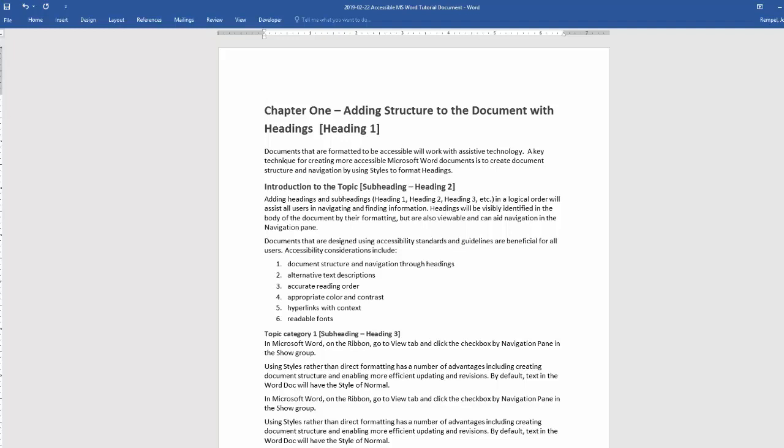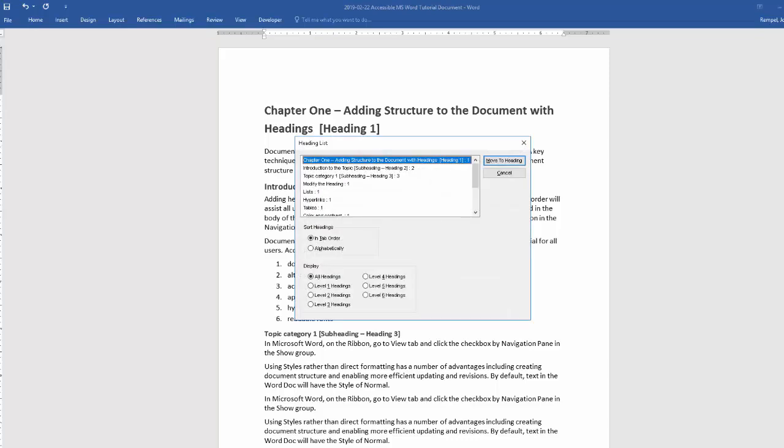So I'm going to go ahead and turn the quick keys off. And then I'm going to pull up the headings list dialog. Headings list view. Chapter 1 and dash adding structure to the doc. And what's very useful here is the different heading types. We have heading H1, H2, and that allows me to very quickly access the page via the headings alone and